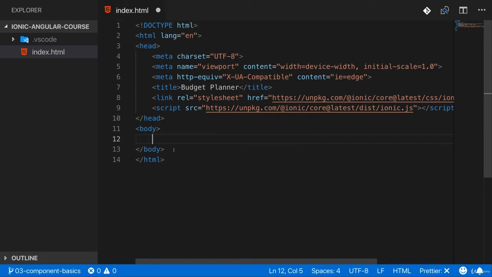In that budget planner here, I want to build a mobile-like looking application. And I basically want to have a header, some toolbar at the top, which displays the title of the app, something like budget planner. And then I want to have the main content below that toolbar, where I essentially want to have an input field where I can enter some title, some name, some description of an expense, and then also the value, the amount of the expense, have a button which I can press,